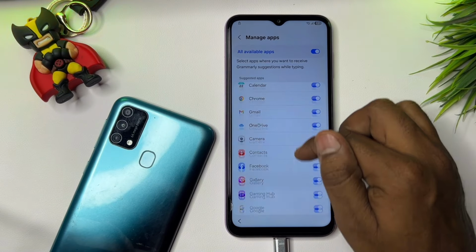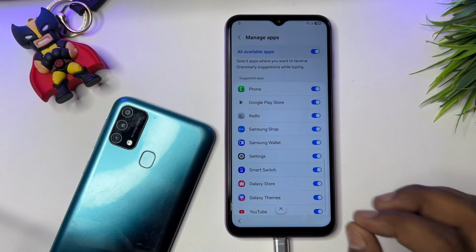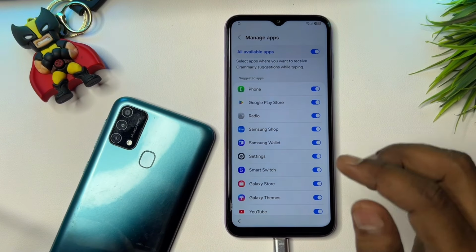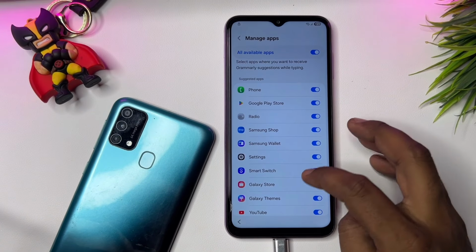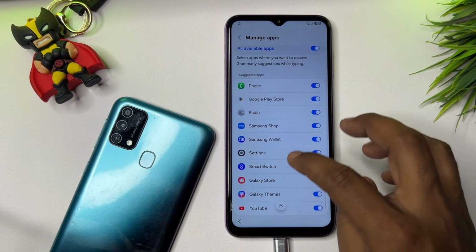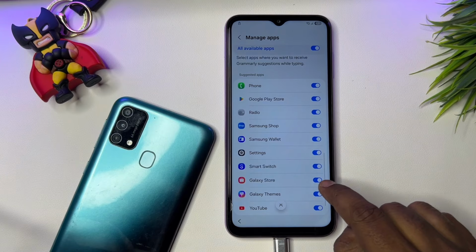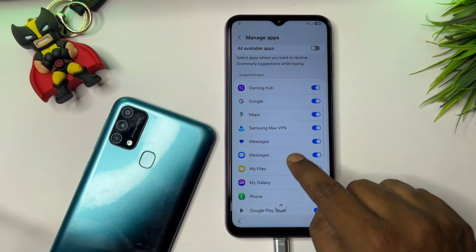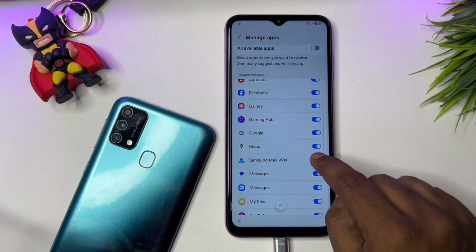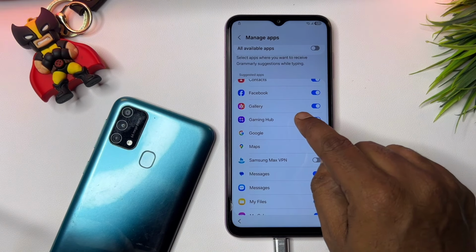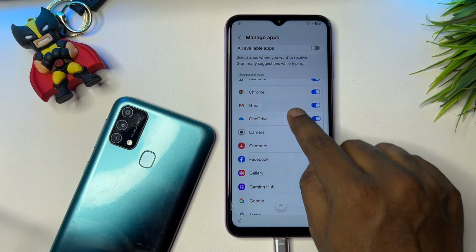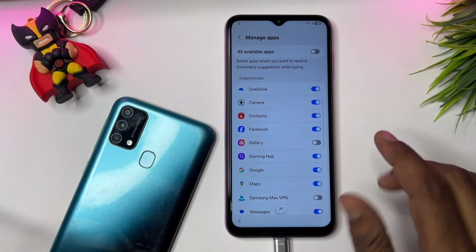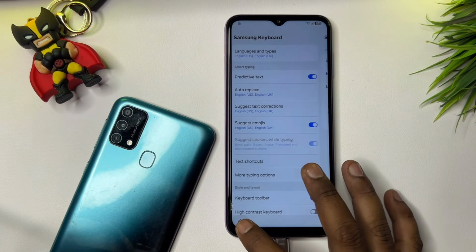After that you get many options. You have to take serious action here. You have to find some important options, like Galaxy Store, you have to turn off. Go down, go up. Samsung Max VPN, you have to turn off. Go up, and this is the Galaxy, you have to turn off. Okay, done my friend. Go back to the main page